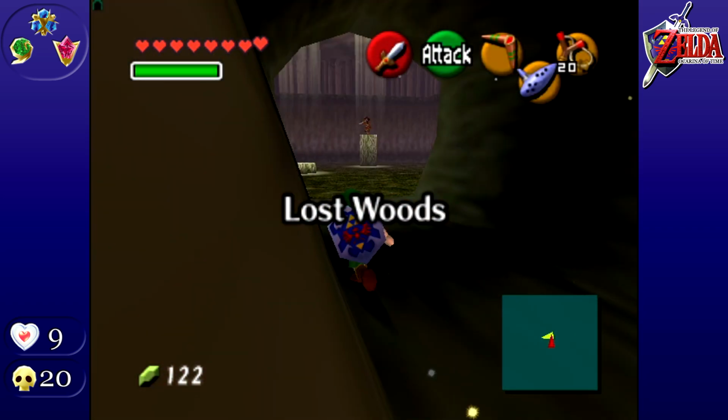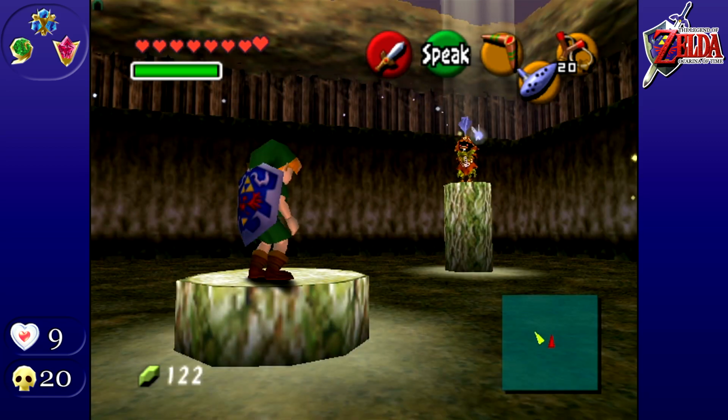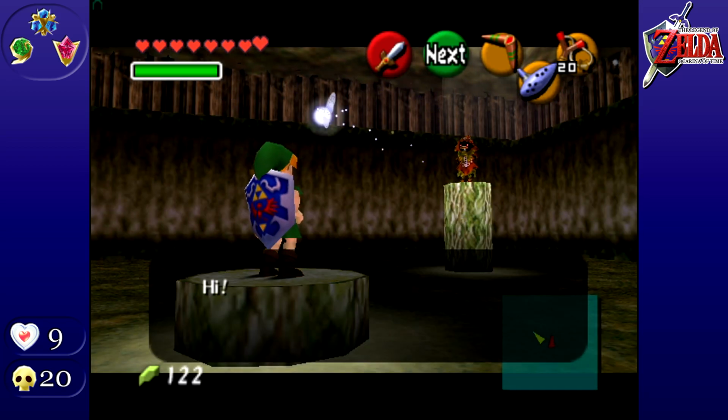Right then, so back in the Lost Woods, if we head off to the left here, this Skull Kid was the guy who gave us the heart piece. But if I talk to him again...